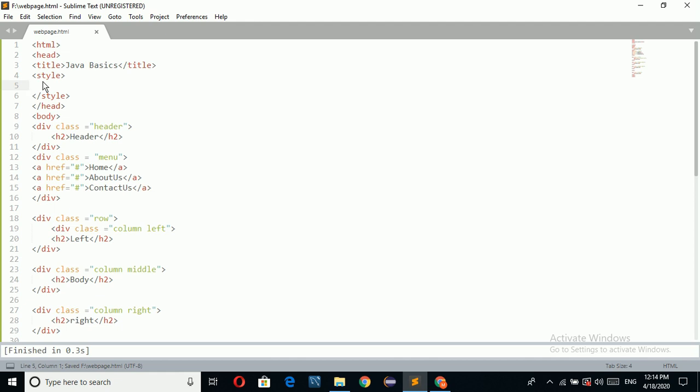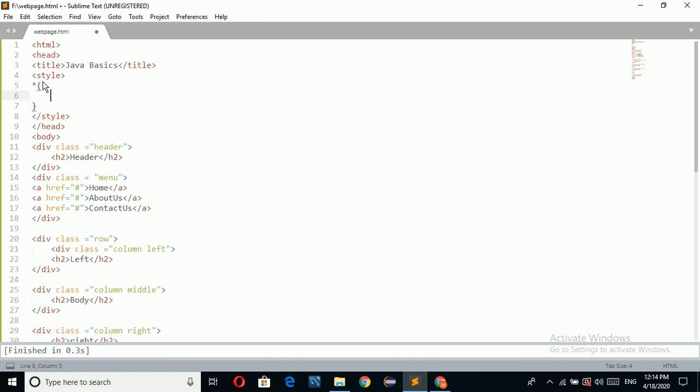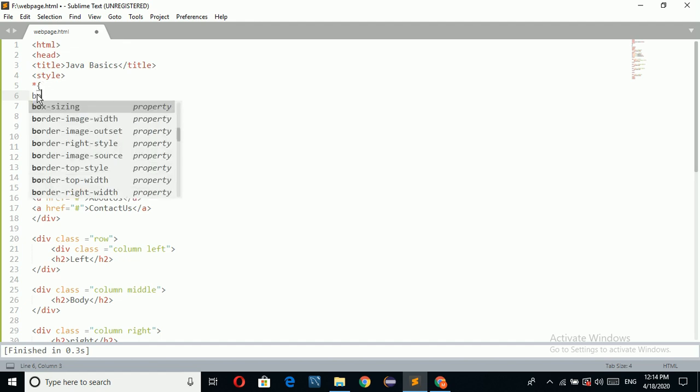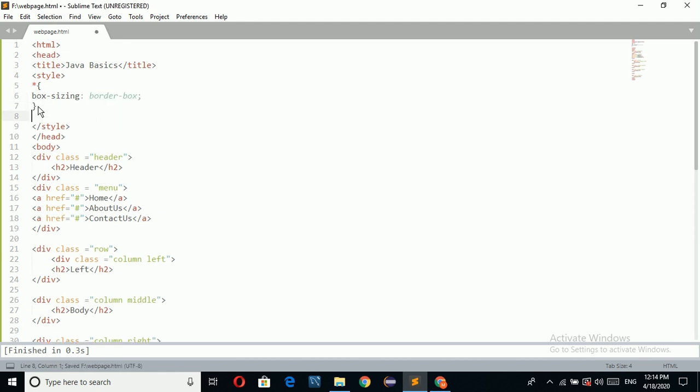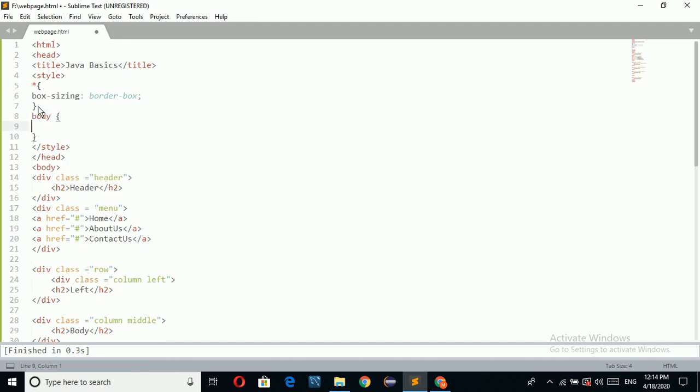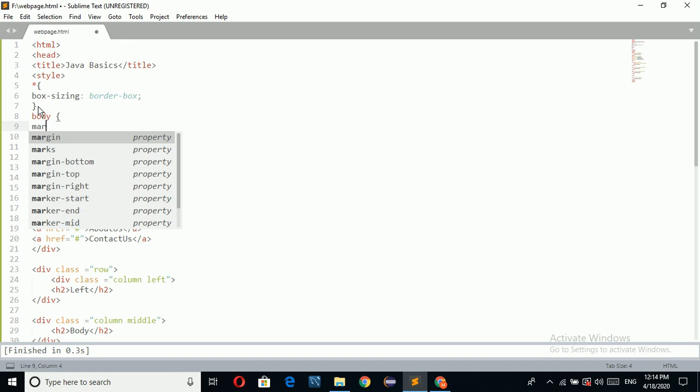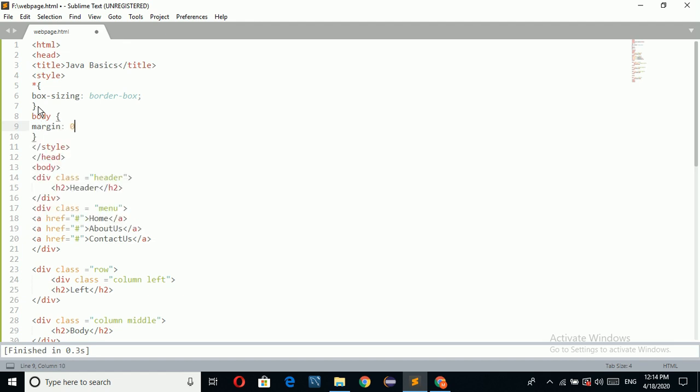Now I'm going to apply the CSS for the same. Now here I am going to take the universal selector. In this universal selector I am taking box-sizing: border-box, and applying the CSS for body. So just apply margin 0.